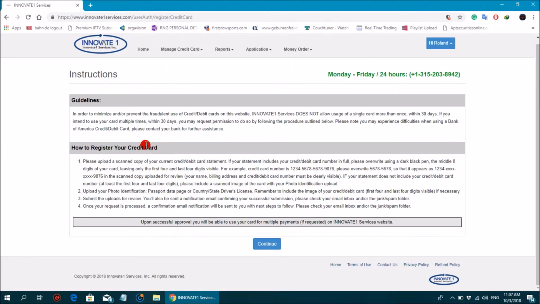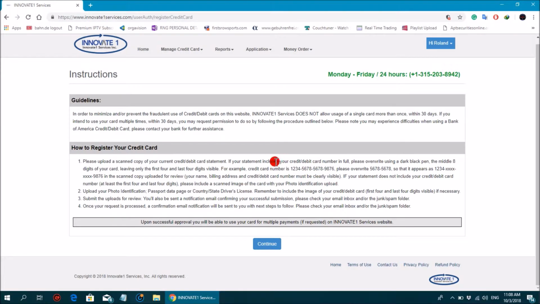If on your MasterCard or Visa card pay slip your credit card number appears, what they just need is your address and your name, to make sure your address and your name correspond with the one on your passport. They just want your identification to be clear.